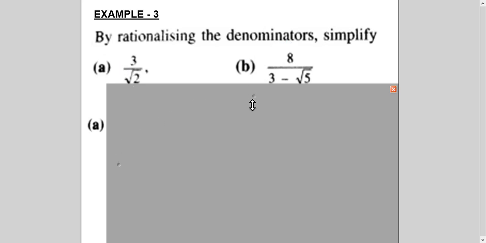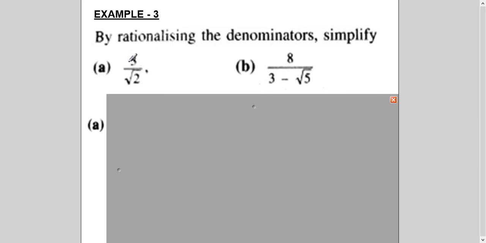Now, if you notice in these two questions, in this one and this one, there is a single term here which has a surd, and there are double terms here, two terms, right? So whenever you have two terms and you have to simplify it, every time this will not be written there. In this question, I have written it. Sometimes it is only written simplify. And when you see the surd here, you always use the conjugate of it. I'll show you in the example.